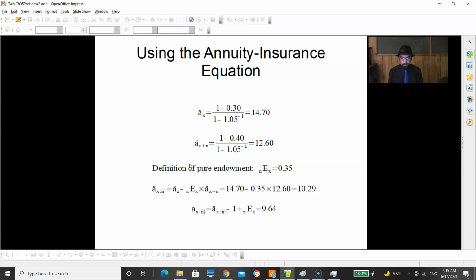So, first thing we'll do is use the annuity insurance equation to get a double dot x and a double dot x plus n. Next, we have the definition of our pure endowment, right? So nEx is just going to be 0.35, and we know a double dot x colon angle n equals a double dot x minus nEx times a double dot x plus n, right? You can think of it as the standard thing for a term annuity, or as a Frank annuity, either one works. Crunch your numbers and you get 10.29, but we're not done yet,